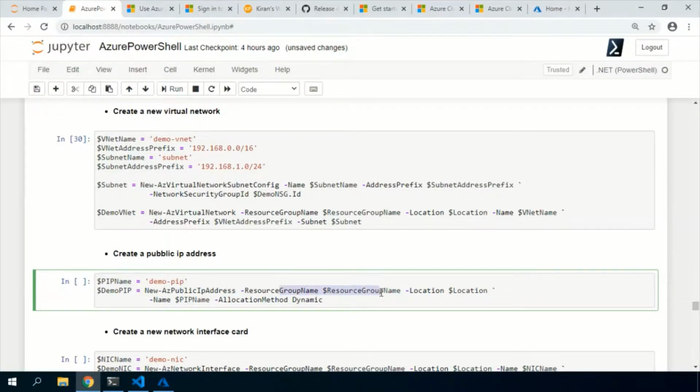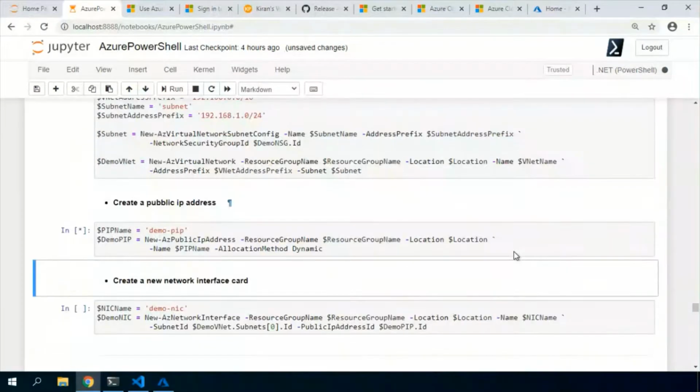For all the resources you are creating, you have to mention your resource group and your location along with the other parameters of that specific service. So I want to give the name and the allocation method, and for this, dynamic is fine with me. And now I am running this.